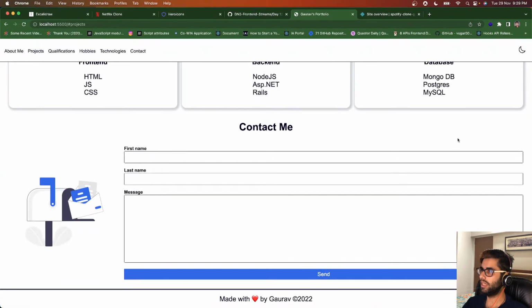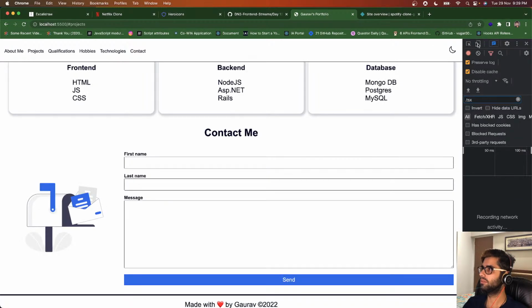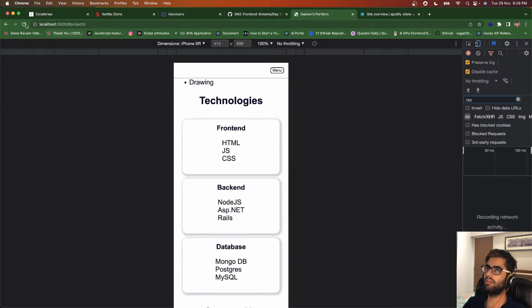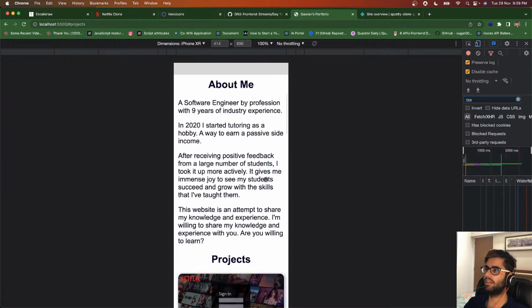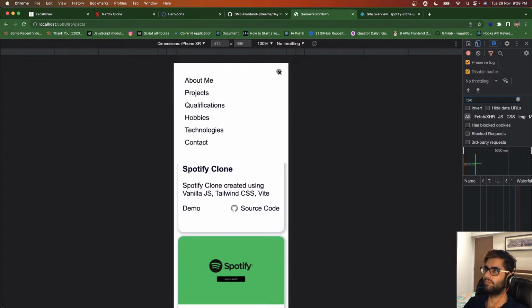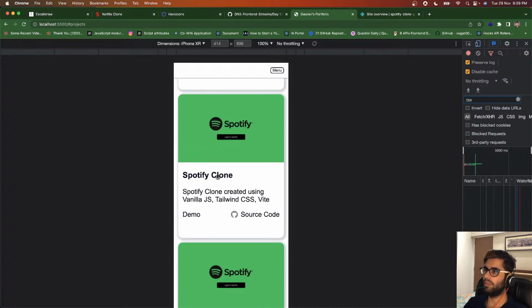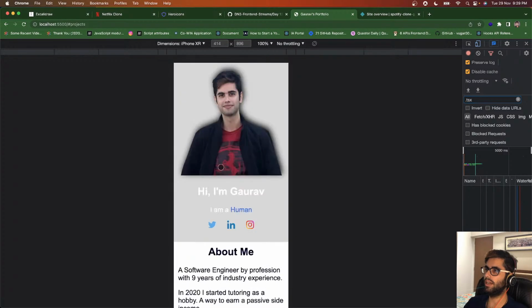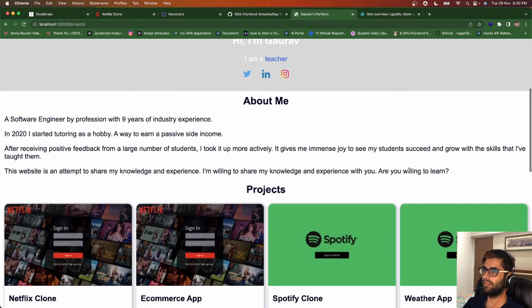Right? And if we go into the mobile version of this, let's say iPhone 10, let's do a refresh. So this is what the site is looking like right now, right? So we have this. Let's go to the projects part. It is showing us all the projects. You have the technology section, and then you have the contact me section. Okay, so with this,